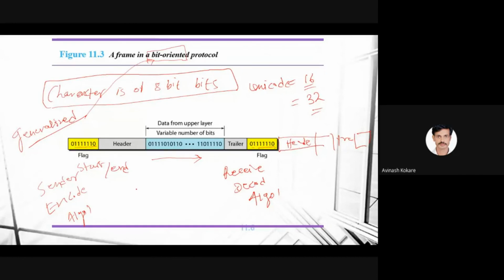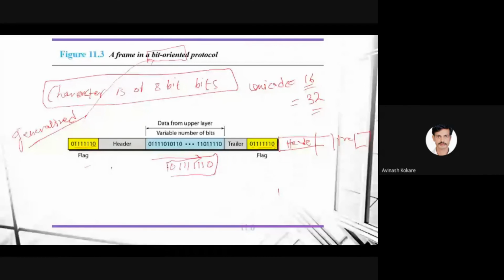Now what we need to understand here is, like we studied the problem of byte stuffing, which is required because the pattern appears in the data. Here also it is possible that this pattern is available in the stream, but it is actually data. The receiver should not misunderstand the data as start or end.